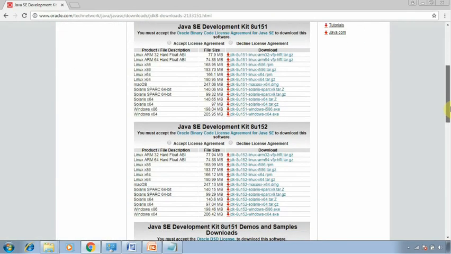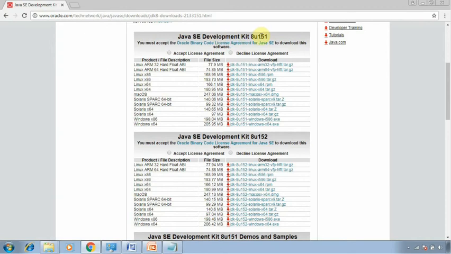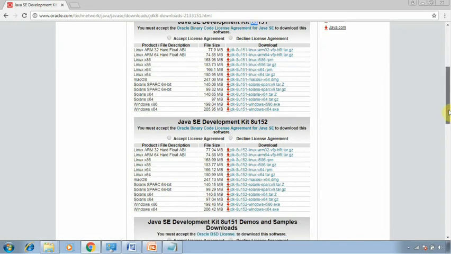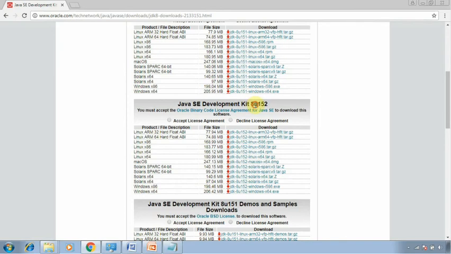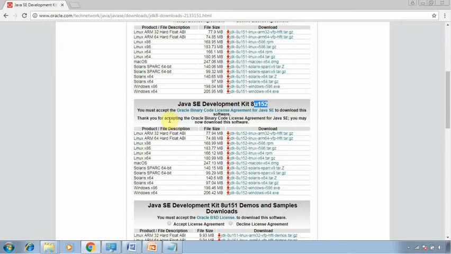So here you will see the two flavors, two versions, 151 and 152 of the JDK 8. So here I would recommend you download this one. So you have to click here and now you have to click on the particular Java JDK version